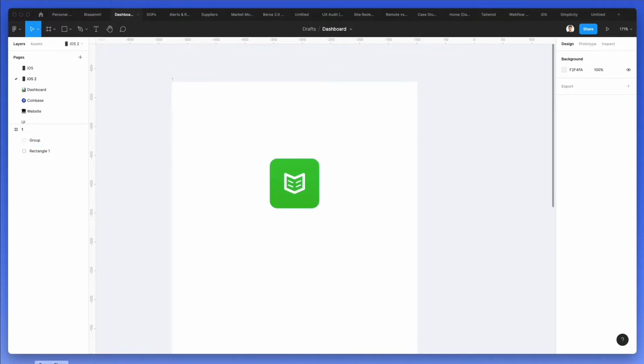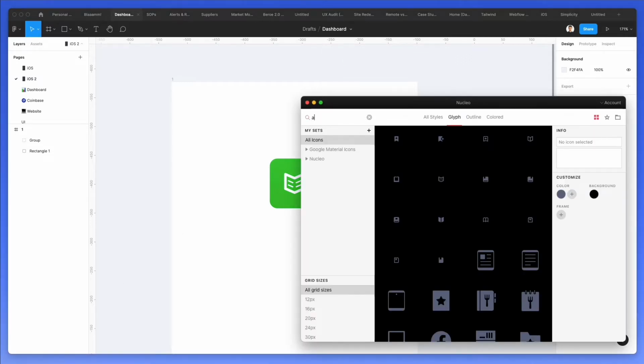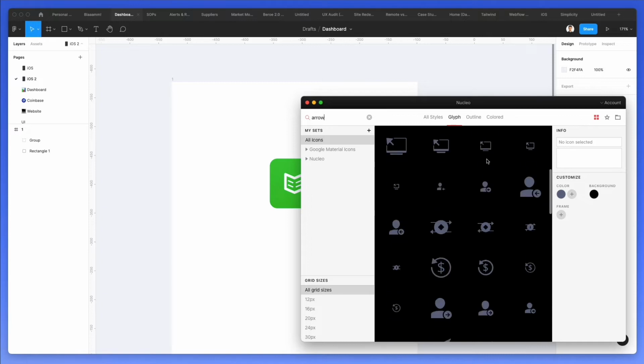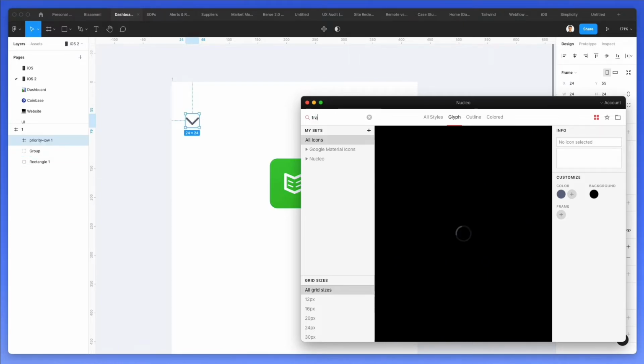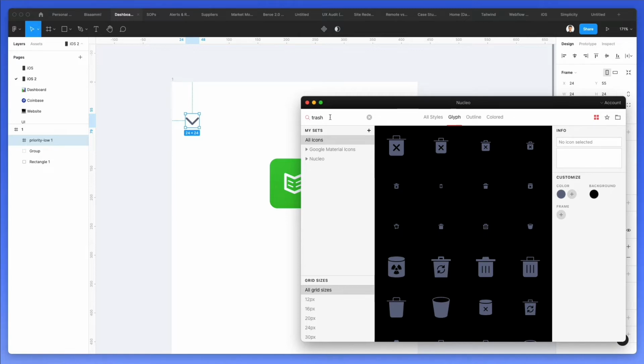Now let's start adding some more icons. So I'm going to go back on Nucleo, right in the arrow, scroll down, and I'm going to use this one right here. I also need a trash icon. So again, this